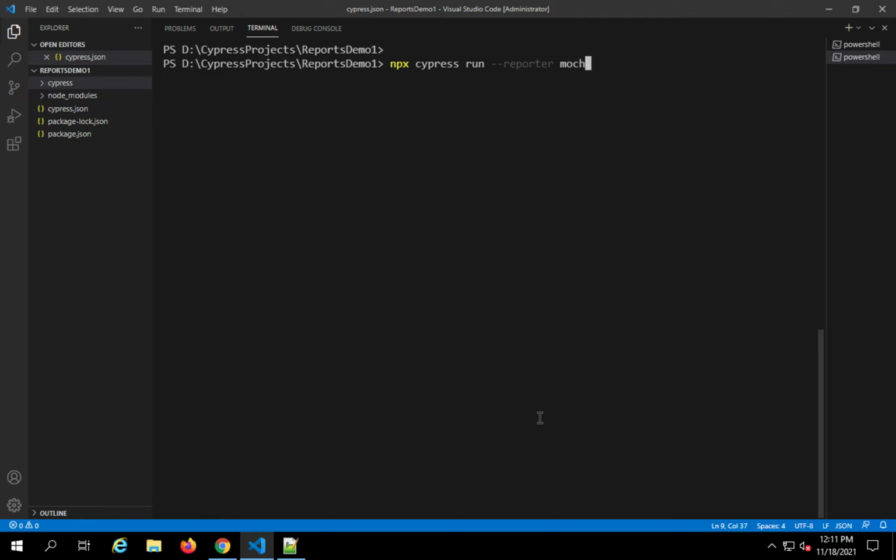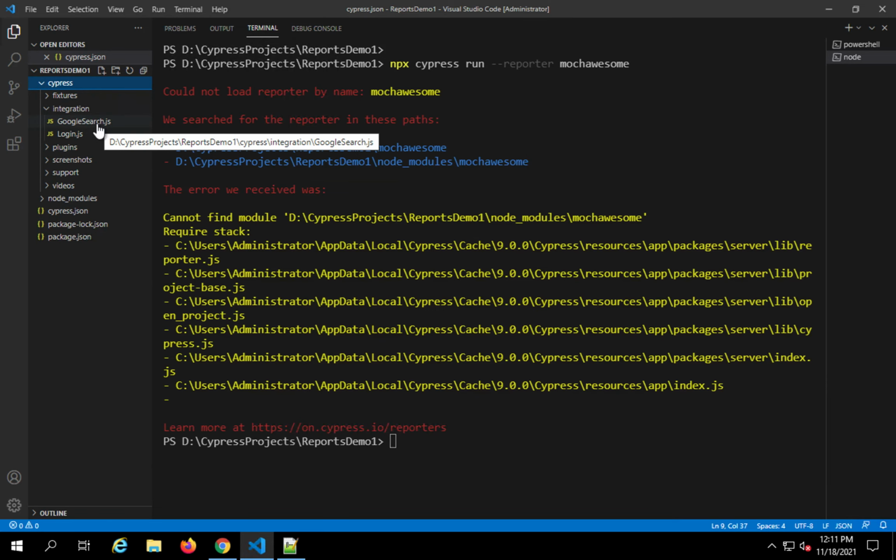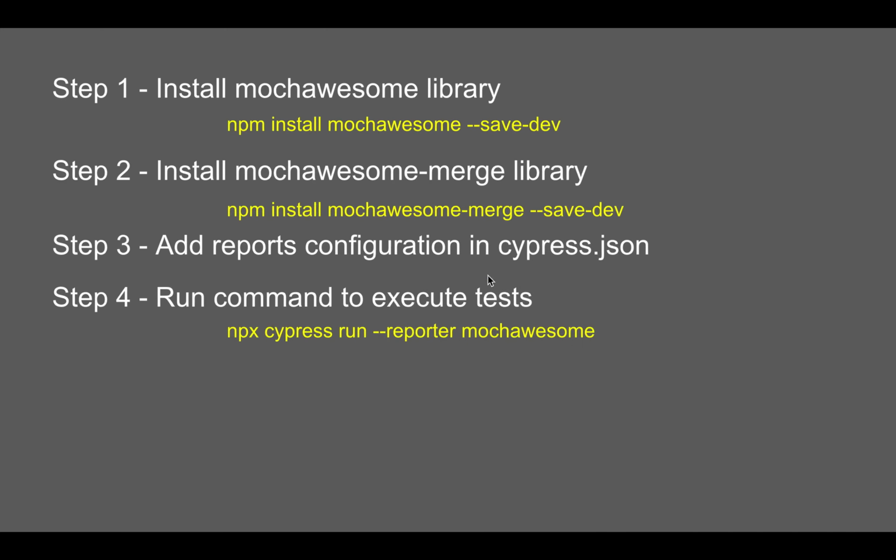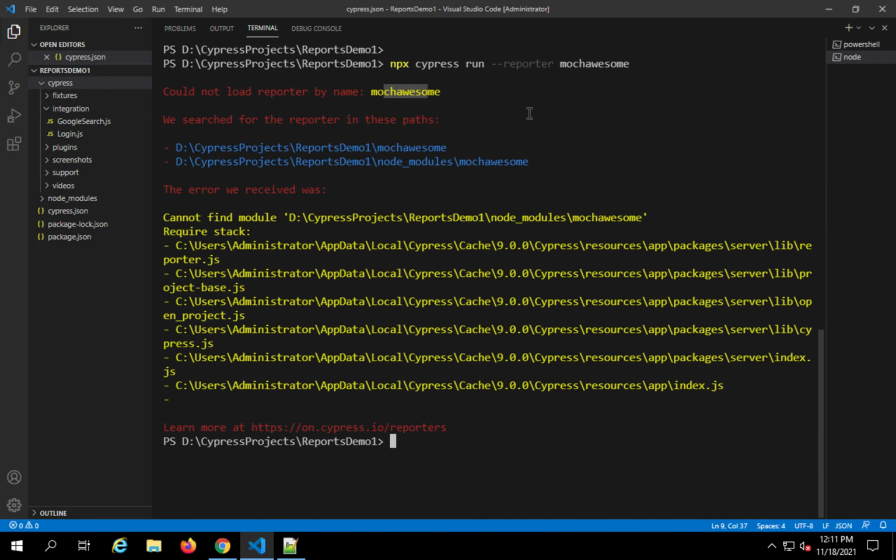So this is the reporter, and let's just wait and see. This should run all the tests in my Cypress integration folder, and then let us see what we can do next. So it is saying, let me check the spelling is fine. So I'm saying npx cypress run reporter is Mochawesome, and here